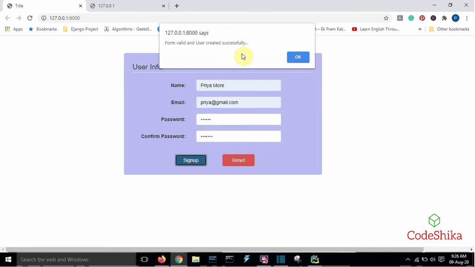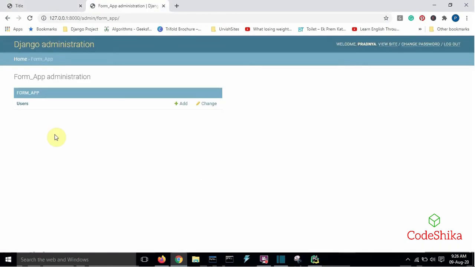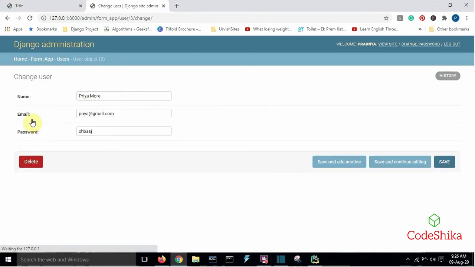Here we submitted the form without page refresh using Ajax. Here I have added the user model to the admin site. We can check here the newly created user. Click on users. Click user object. Here the user with name Priya More is created.